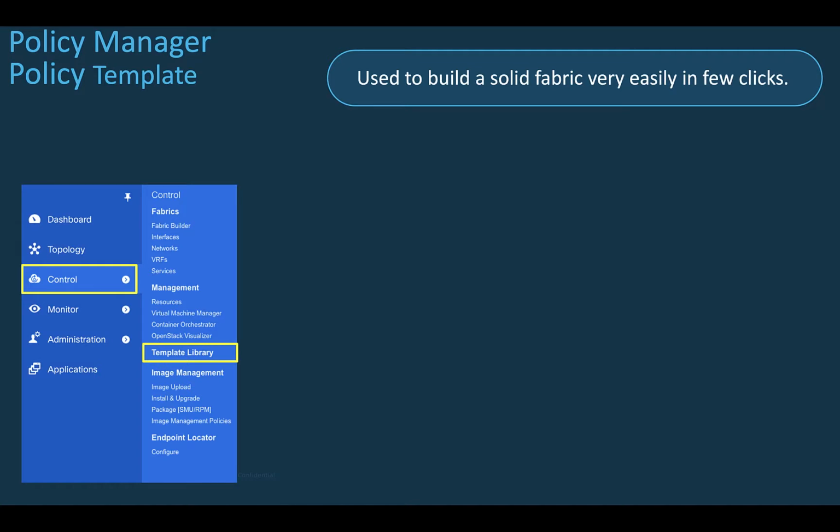The automatic fabric deployment, relying on the policy template, helps you to build a solid and controlled fabric very easily, even if you don't have any experience with VXLAN VPN transport or with the layer 2 and layer 3 network overlays or VPC or TRM or PBR, etc. You can rest assured that your modern fabric will be deployed following the Cisco recommendations.